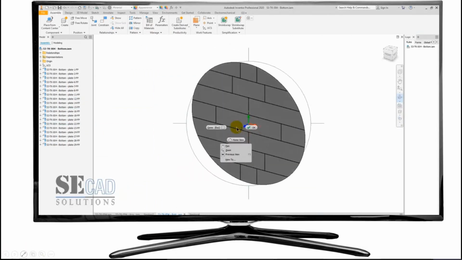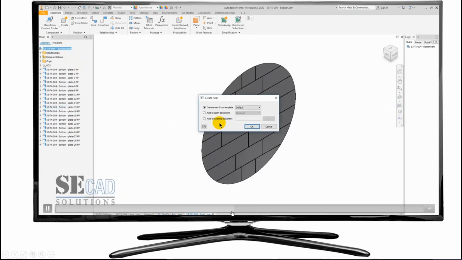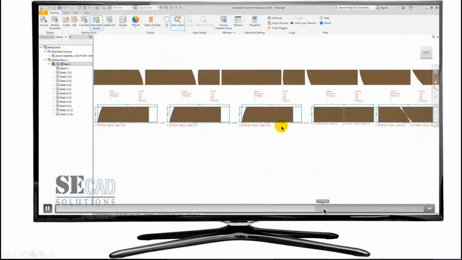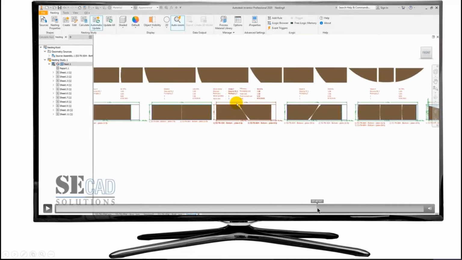Okay, so let's move forward here, and you can figure that after the nesting, those are the elements of the bottom plate, and here the nesting of those plates. You can figure that in some cases, you will get 2 plates in one sheet, and the same here. And if we come back to the